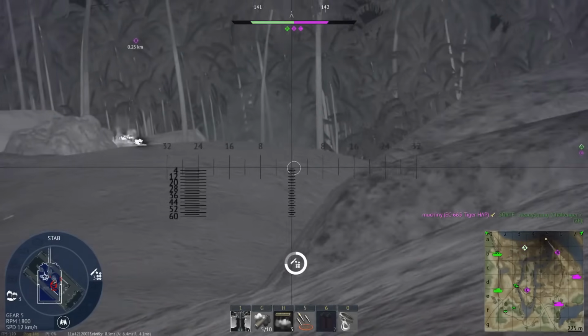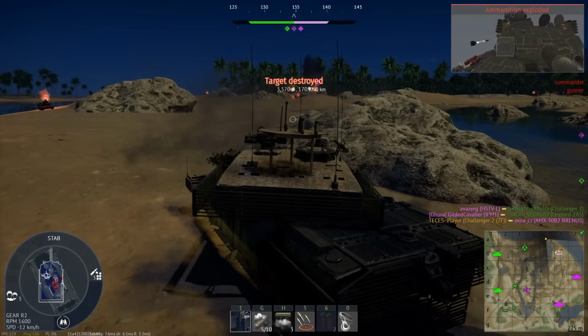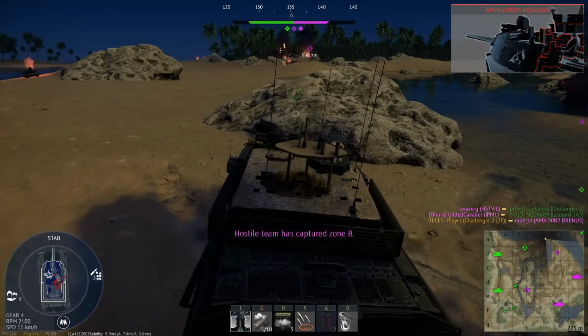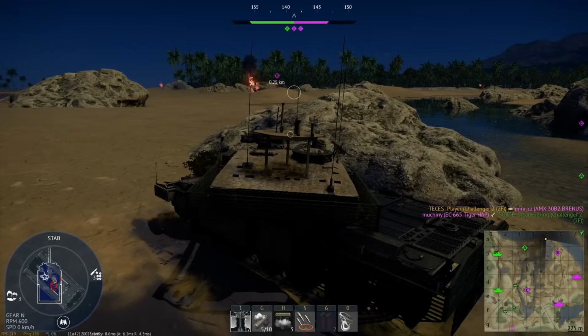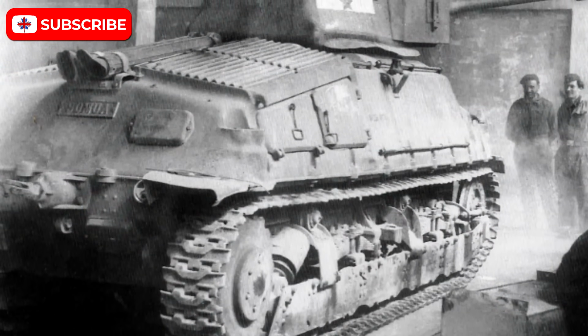At the end of the day, Yugoslavia is one of those interesting areas, not just politically, but also with some of the crazy vehicles that they built. And in this video, we're going to have a look at a few of them. Let's get into it. The first vehicle is a modification of one, and it is a Somua S35, but with